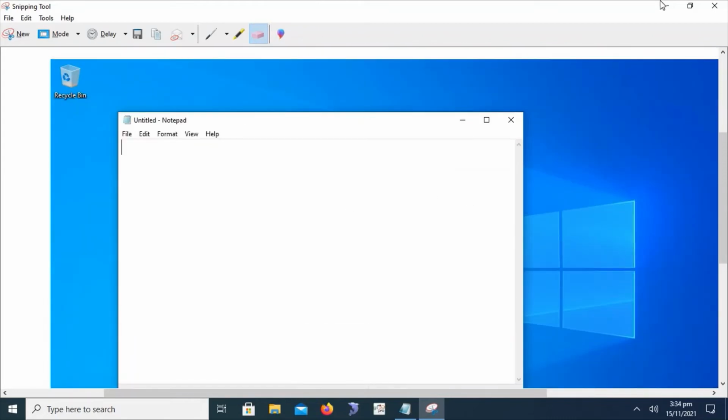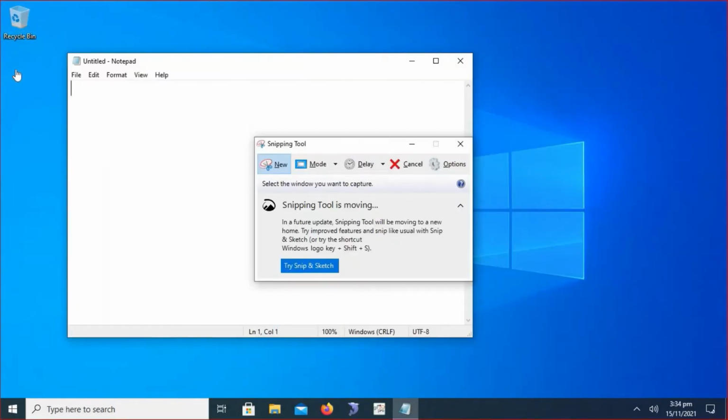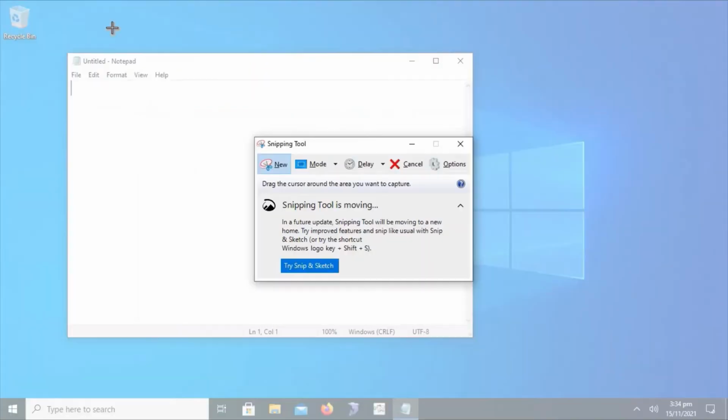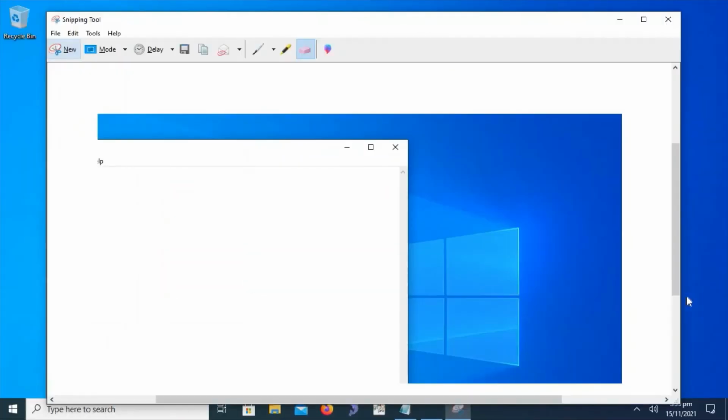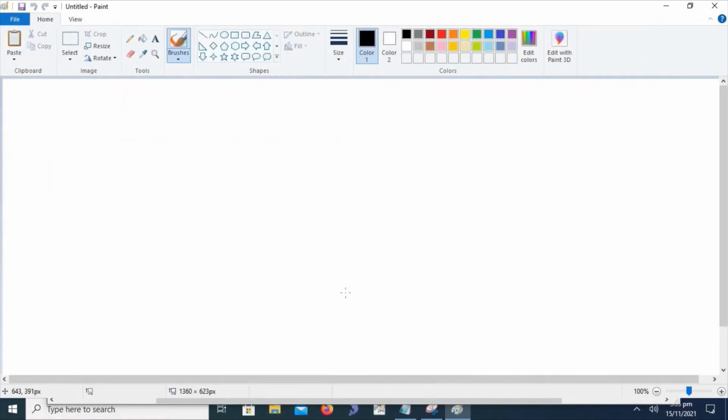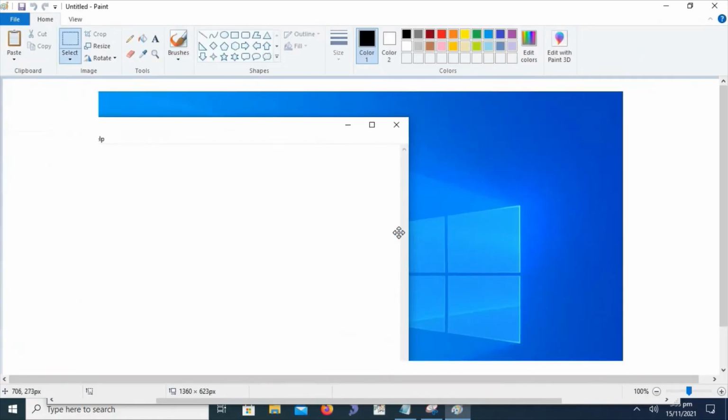This is another feature of the snipping tool: whenever we capture the windows or rectangular shapes from the desktop or windows, we can also put them into the Paint application.